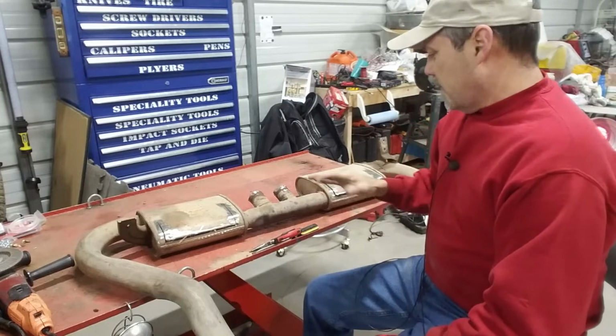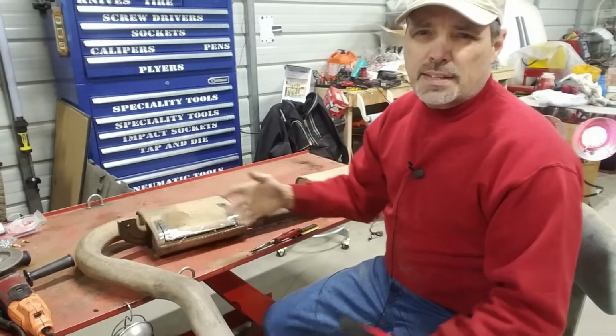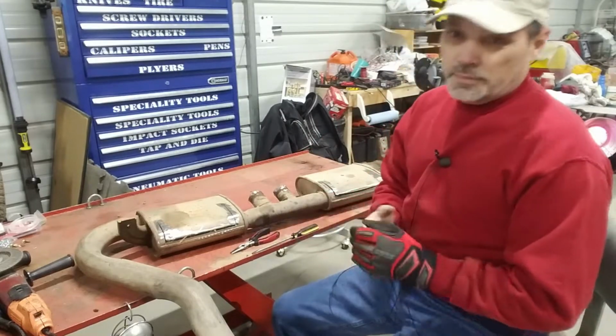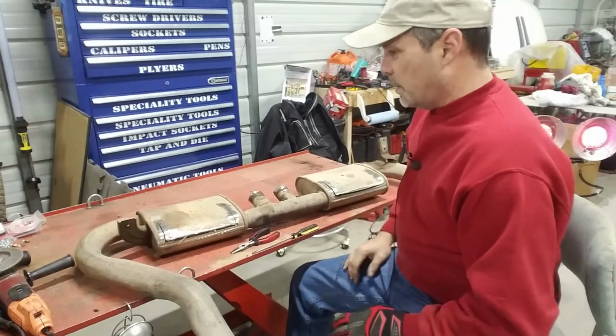Okay, so I don't know exactly how any cross structure is welded inside these things. So when I cut it open, this is kind of exploratory for me as well. So